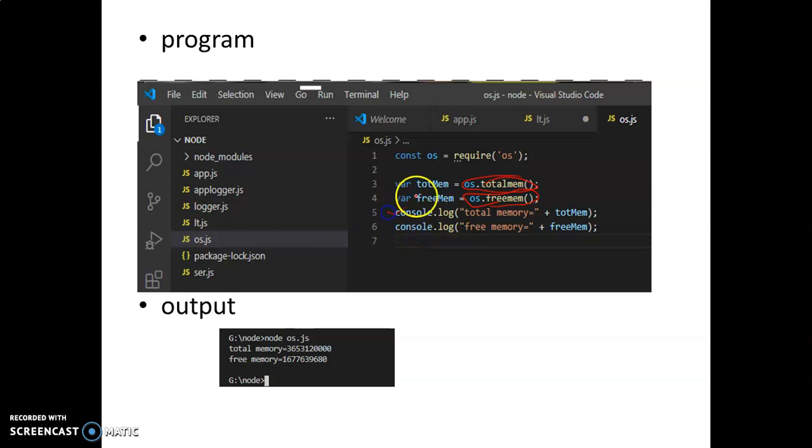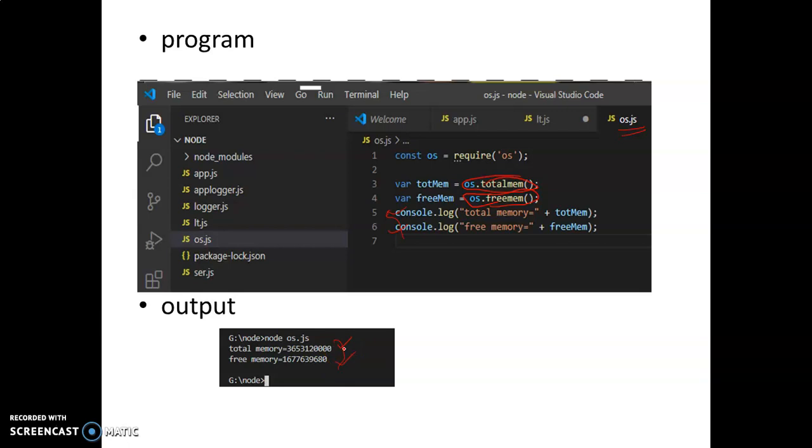So that means when I am using console.log, that gives you a system output. How I am running this is node, my program is saved in os.js, so I run node os.js, and that retrieves the total memory space and how much free memory space is available in your system. These two we are retrieving using these two lines of code. By that I can retrieve the total memory size and the remaining or free memory space.